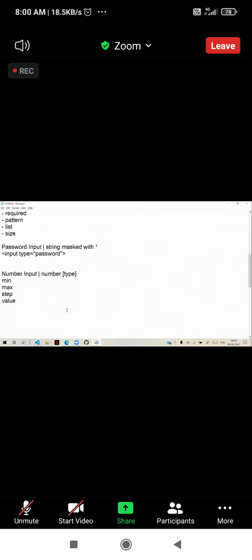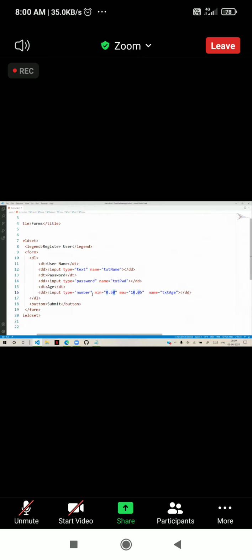Similarly, for numbers you have another option, range input. Range input is also used for numbers only, but range input will have a slider. Minimum is equal to 1, maximum is equal to 100. So I gave it like this and changed the type to range. Now you can see it will display like this.